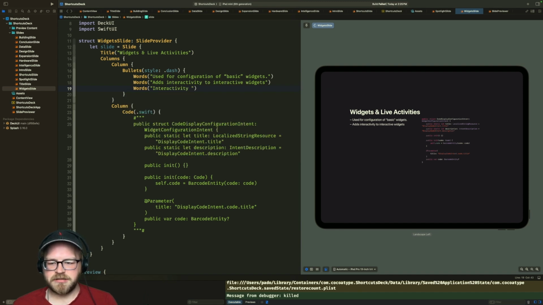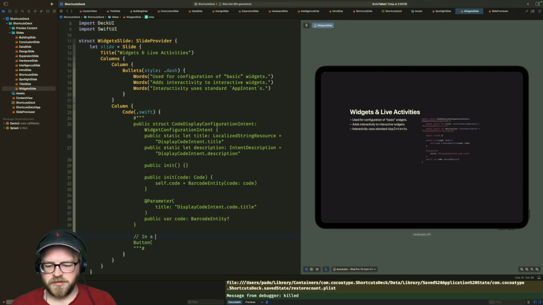Interactivity uses standard app intent. Yeah, so there's not really much to say about this. It's literally you just do the thing. Really, it's just button.